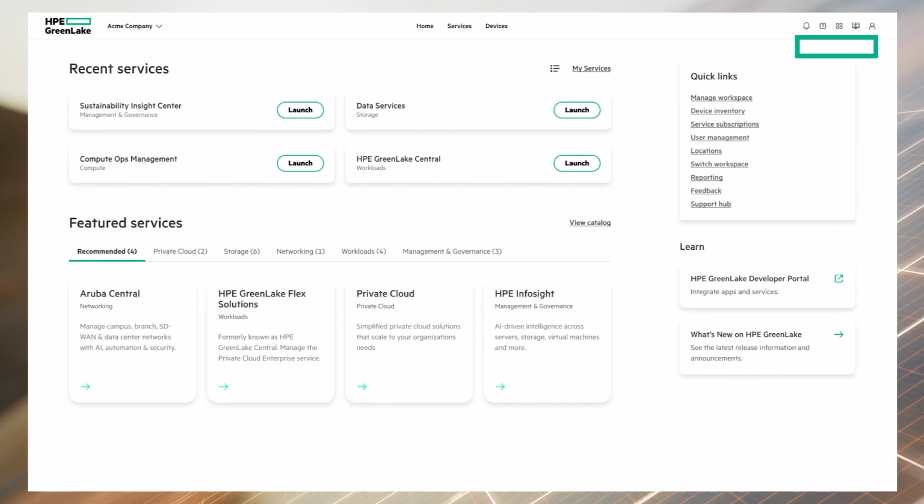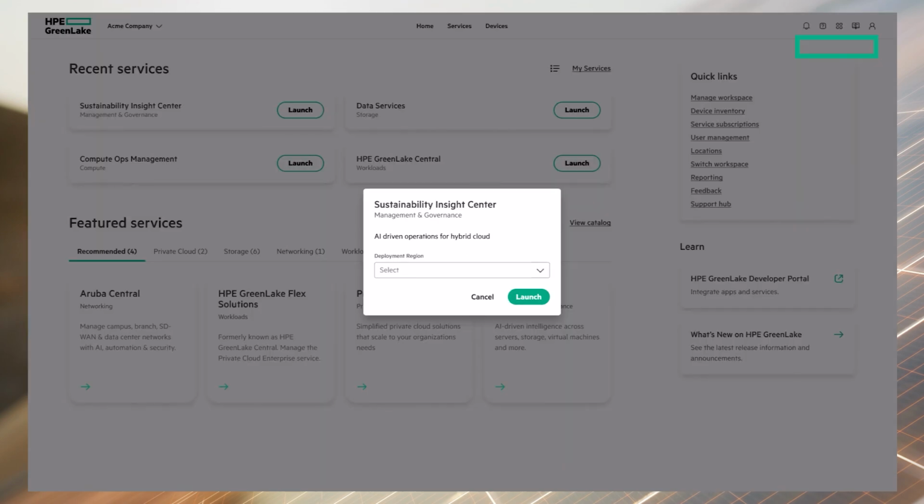Once you log in to HP GreenLake, you'll find the green launch button on the Sustainability Insight Center tile. Clicking the launch button presents you with the choice of which instance of the service you want to launch. From the drop-down list, you can see HP Sustainability Insight Center service has been deployed in 4 regions: Asia Pacific Northeast, European Union Central, European Union West, and the United States West.